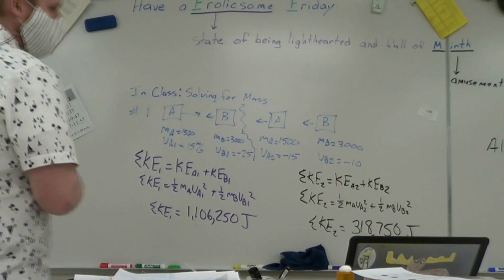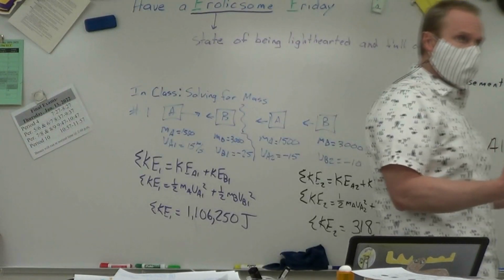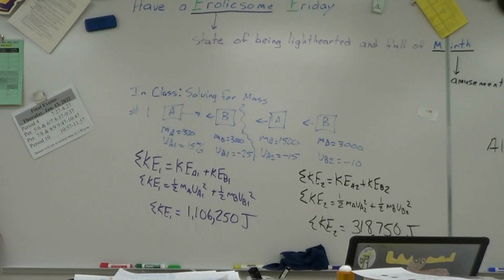Yesterday we went through and we talked about solving for mass. It's just a different variable. We went through two problems on the half sheet with mass. Then we talked about the difference between elastic and partially inelastic collisions. They both start apart, they both end apart. Depending upon the situation, they may or may not